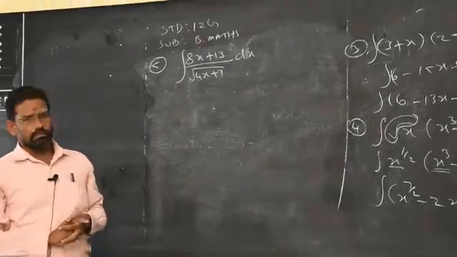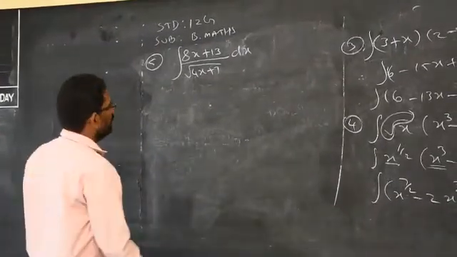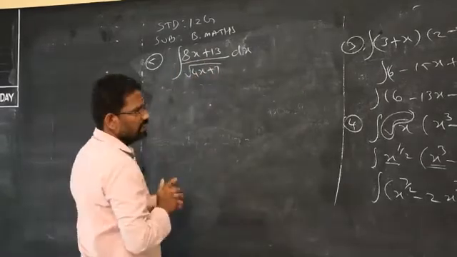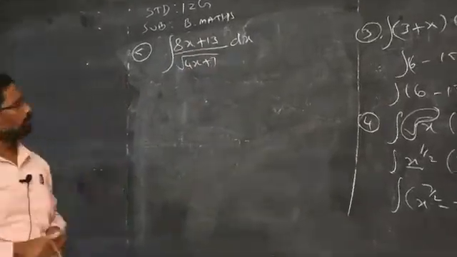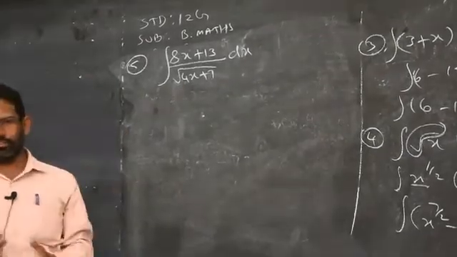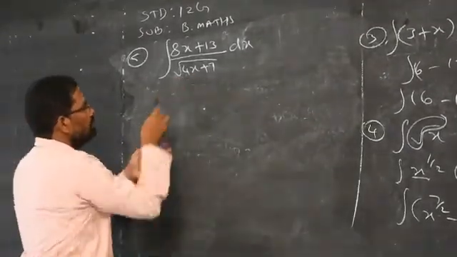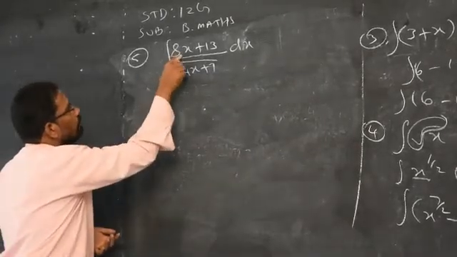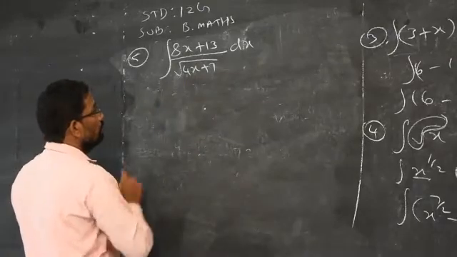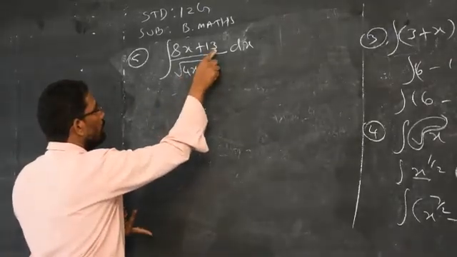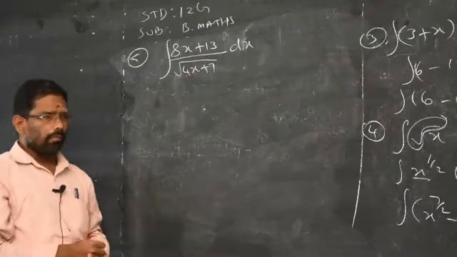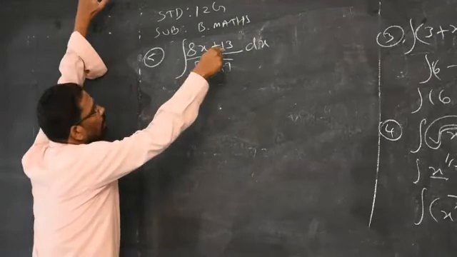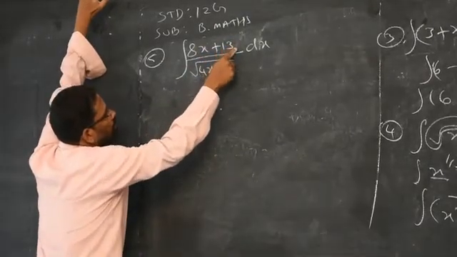Before you separate the terms, ensure that numerator and denominator should be the same. In such a way, you separate the numerators. Here I have 4x plus 7 in the denominator. I have 8x. If I take 2 outside, I will get 4x. I got the first term as it is. But to get the second term, I cannot take 2 outside because 13 is a prime number. But I must have 7. Having that in mind, here I have 7, 13.